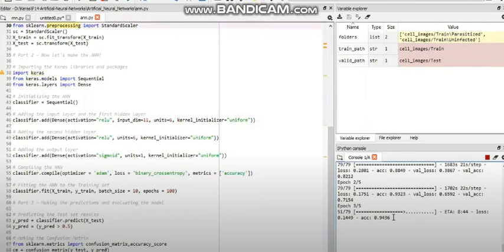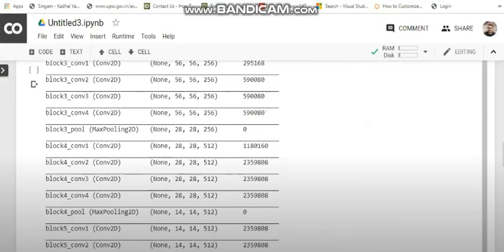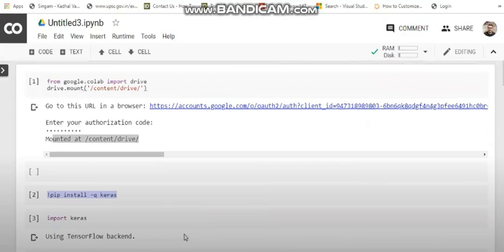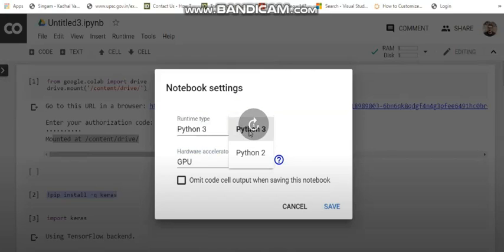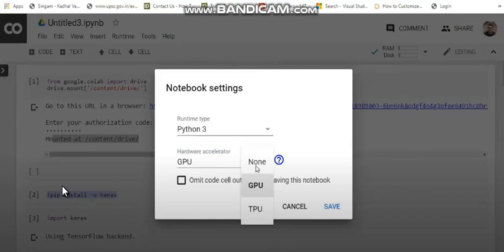Actually, this data was already run on the local machine and got an accuracy of 94.36, and the main advantage of Google Colab is that it gives you some advantage of GPU and CPU. You will get the proper runtimes: Python 3, Python 2, GPU, CPU. So I hope you understand how to run code on Google Colaboratory and how to access your Google Drive folders on Google Colaboratory